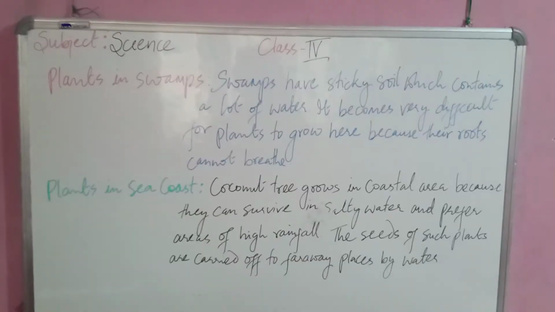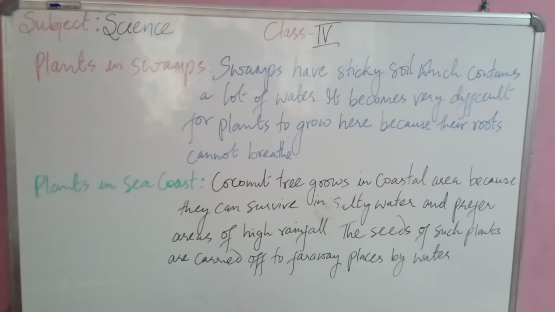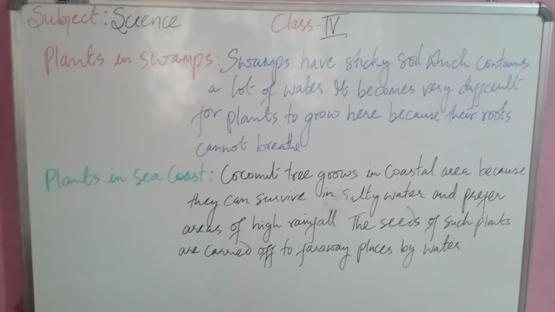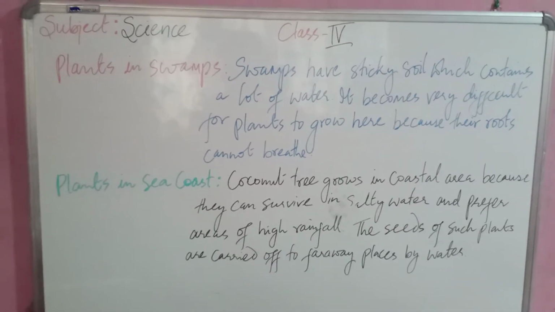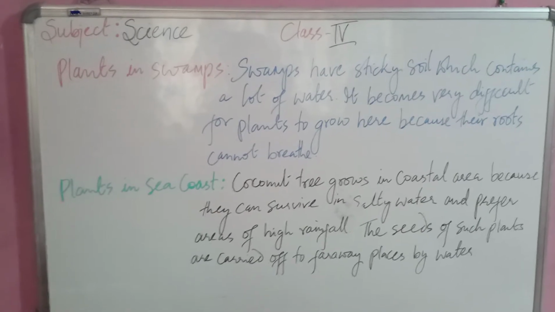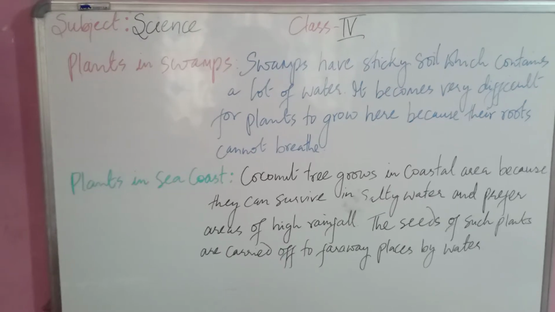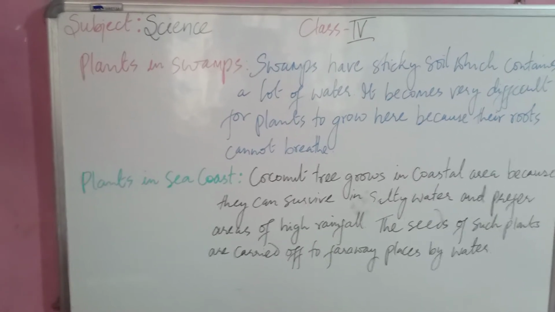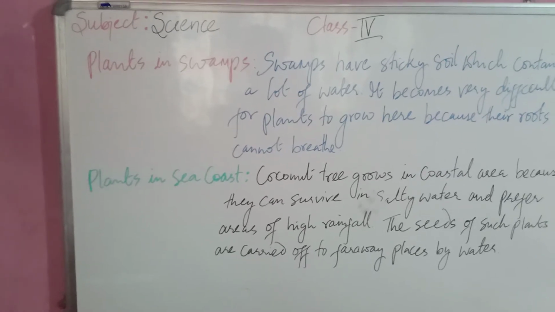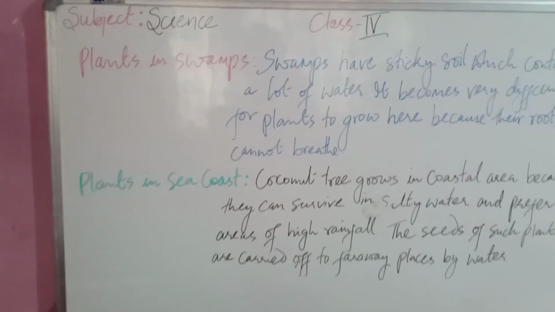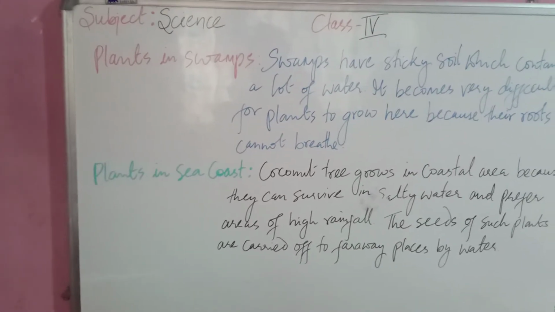Moving on. So the next category of plant which we can find on land is plants in swamps. So what is actually a swamp? Swamps have very sticky soil which contains lots of water. It becomes very difficult for plants to grow here because their roots cannot breathe. Hence, some of the plants that grow here have roots that grow above the soil. Such roots are called breathing roots because